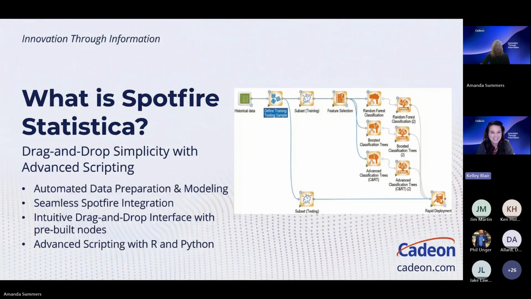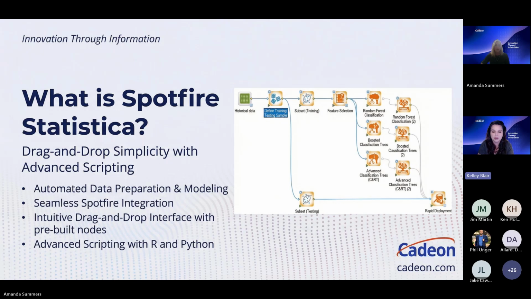All right, sounds good. So we're going to see more of this firsthand, but I want to set the stage a little bit here. On the image that you see on this slide, you can see an example of a statistical workflow. It's a very nice interface to work with. We have the ability to drag and drop. In this particular screenshot, we start out with some historical data in the upper left corner. In this case, we're breaking it out into both a training and a validation set, and then going through and